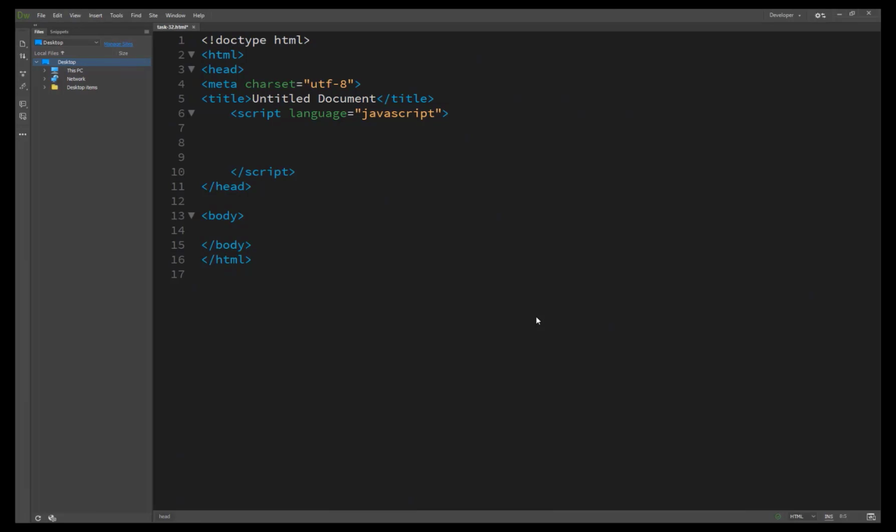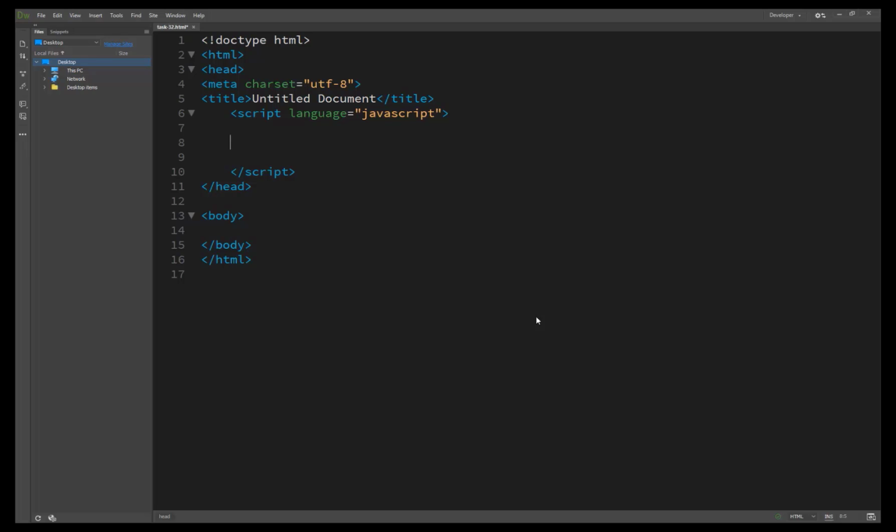So here we go to resolving our task number 32, calling your JavaScript code after the page has loaded. And what does it mean that the page has loaded? Sometimes you will want to execute JavaScript code only once the HTML page has fully loaded. Doing this requires two steps. Place the code you want to execute after the page has completed loading in your function, then use the onload attribute of your body tag to call the function when your HTML page has been loaded fully.